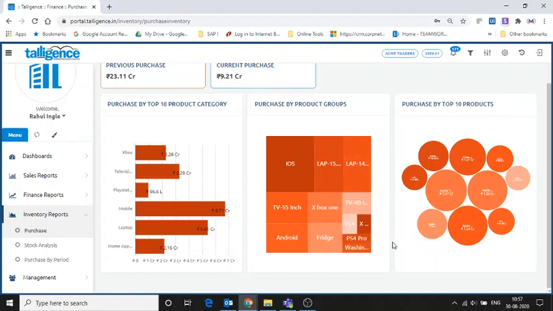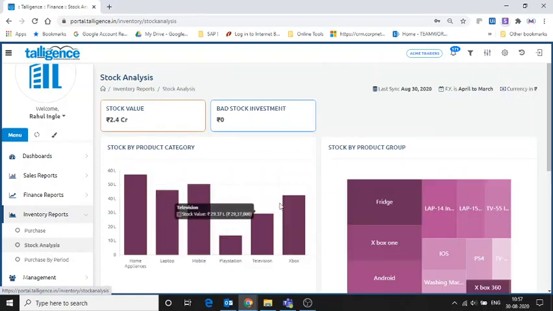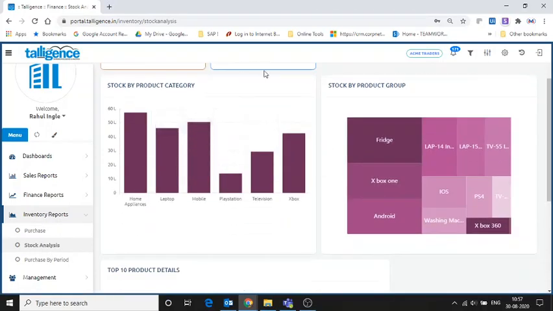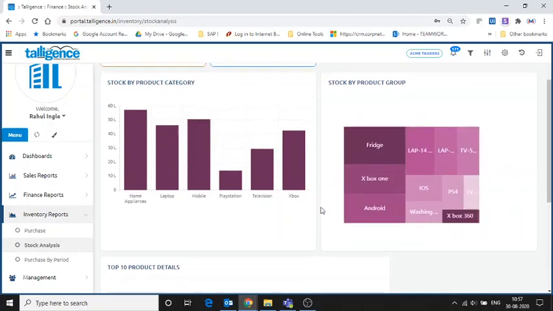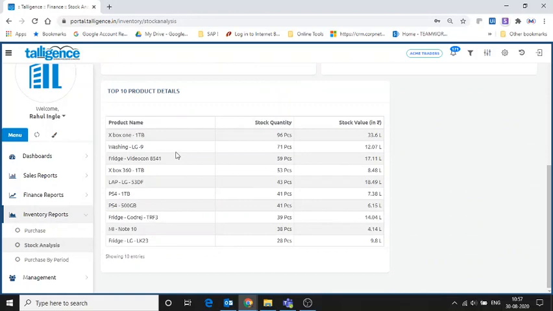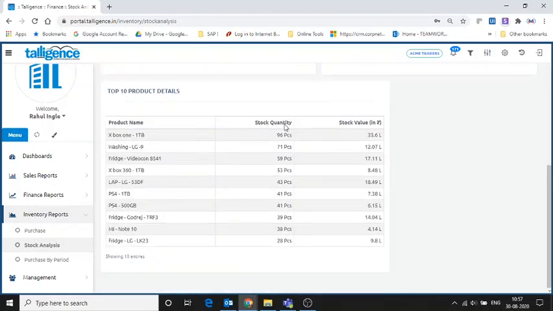Obviously the reports are touch sensitive. This is your stock analysis: stock by product category, stock by product group, and this is your top 10 product details, which includes quantity and value.